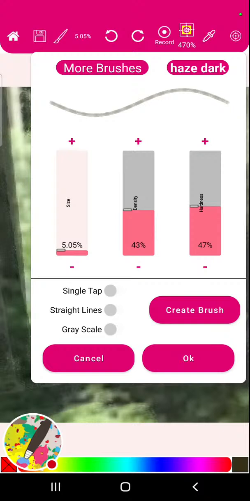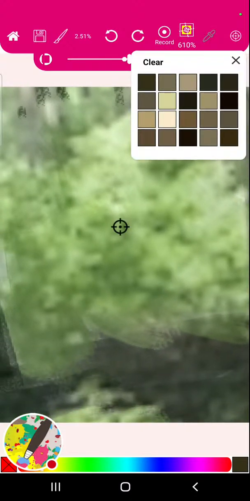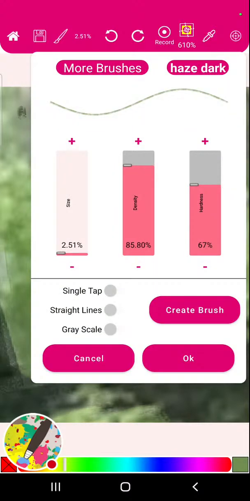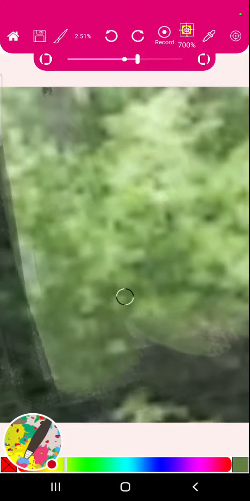So shall I keep it at this or take it up a little bit? Yep, let's take it up. And then since it's a smaller region, I'm going to take down by a notch and I'm going to see what happens. All right, just pick random colors. All right, I'm going to increase it actually so I can see throughout what I'm doing. Yeah. So picking these. So again, I'm using the reference